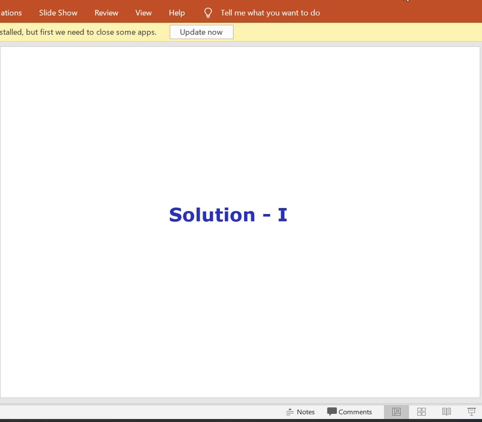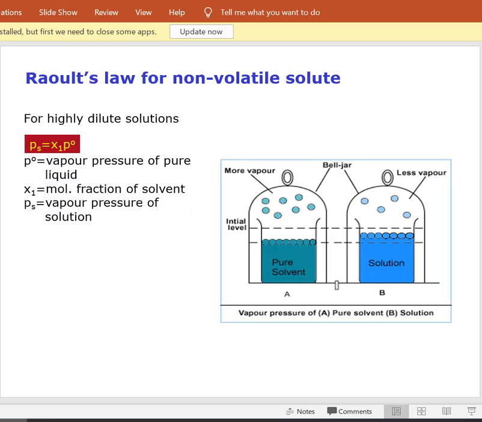Solution is a homogeneous mixture of two or more than two components. In the solution, we will study about the Raoult's law. Raoult's law for non-volatile solute. According to this Raoult's law,